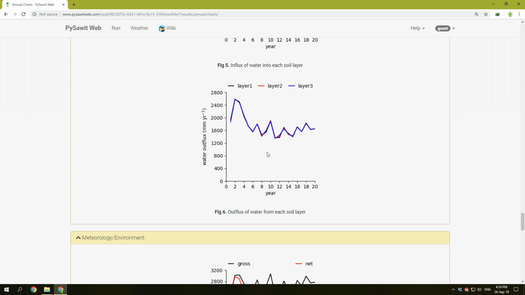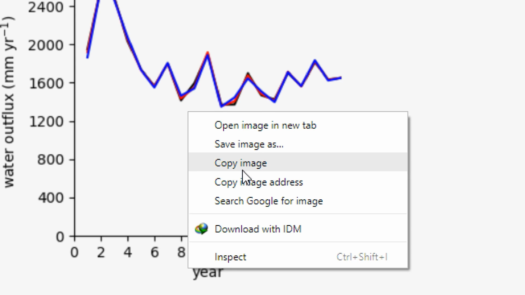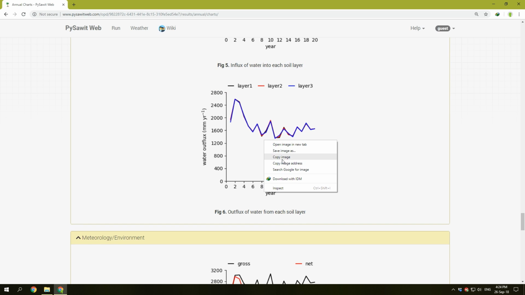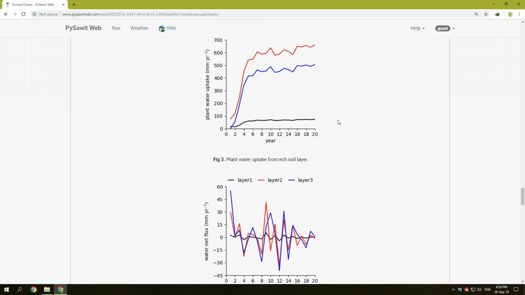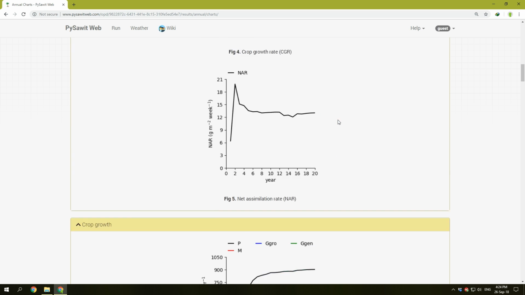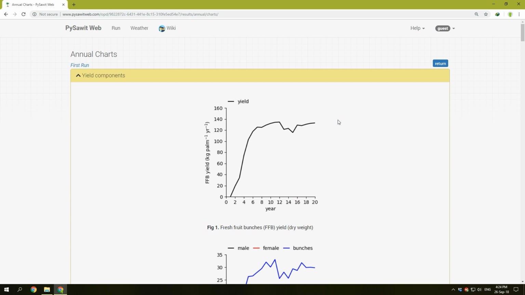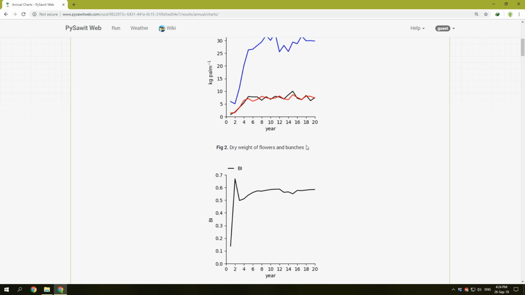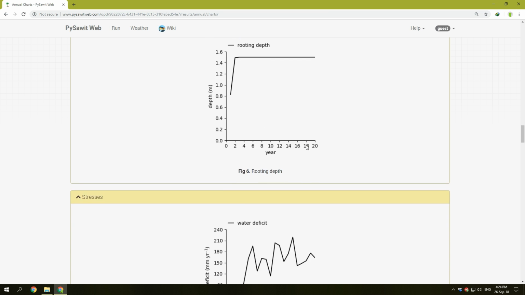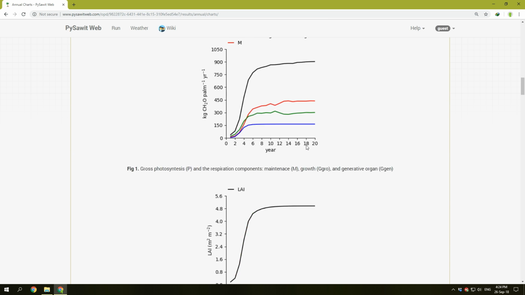So anytime you want to save, you can right click on a chart. You can save the image, or you can copy it. Now the purpose of this is these are not really publication ready. It's not so much for you to copy and put it into your publication, but it's really just to quickly refer to the results, where we do not have to keep downloading the model results, putting into our spreadsheet and outputting the results as a series of charts every time we run the model. But this is just a quick way to have a look at the various results in a visual manner. So we will return,